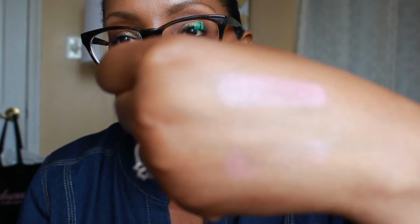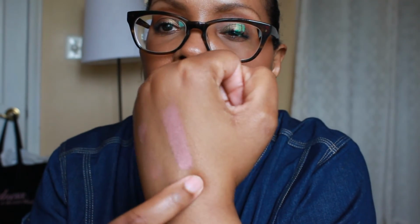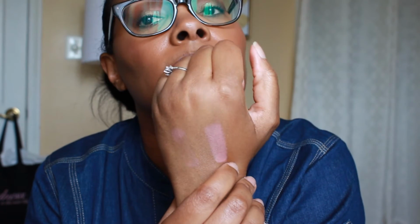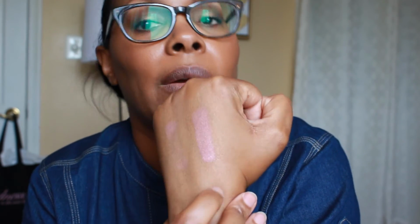My hand is wet, so let's see. Okay, my hand is wet, so my swatch is not great. There we go. I would definitely do this one with a lip liner, but this is my failed swatch because my hand was wet. But this is Nude Creme, sort of a pinky nude. I would put that with a chestnut lip liner for one look. I would put it with a plum lip liner for another look. But that is the